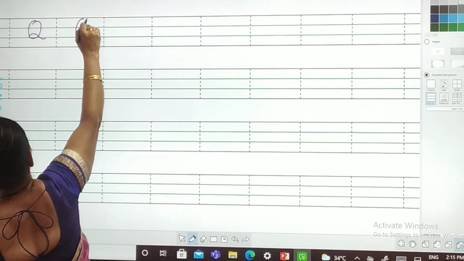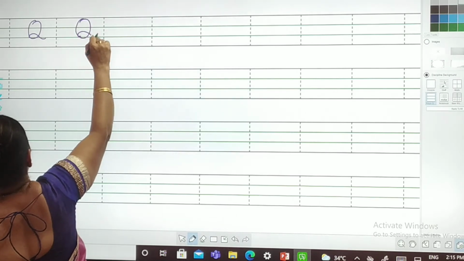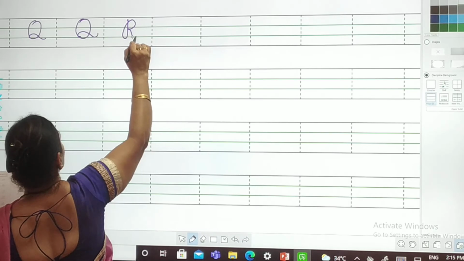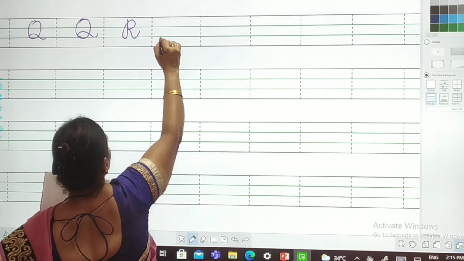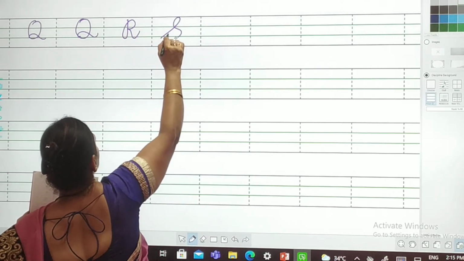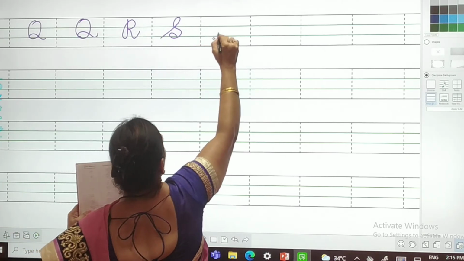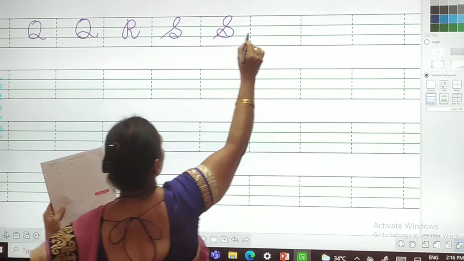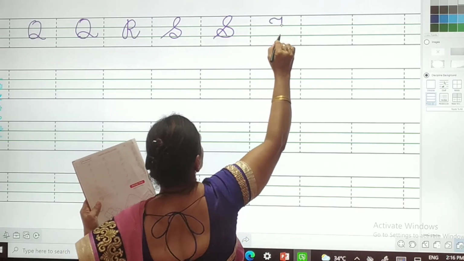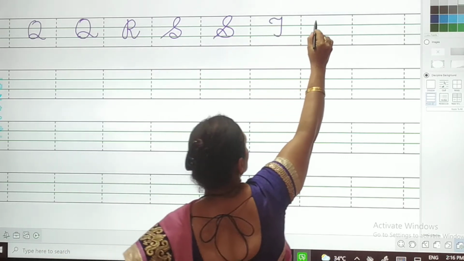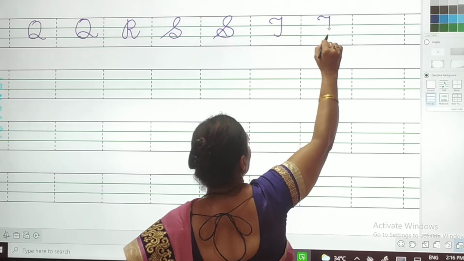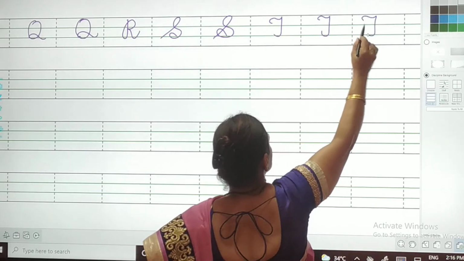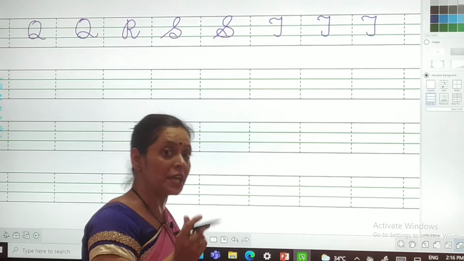It should touch the line. Okay, Q, and another one is R and S. Not in this way, but in this way. Q, R, S, T. But the T should touch the line. This is T for tiger, and Tanmay.